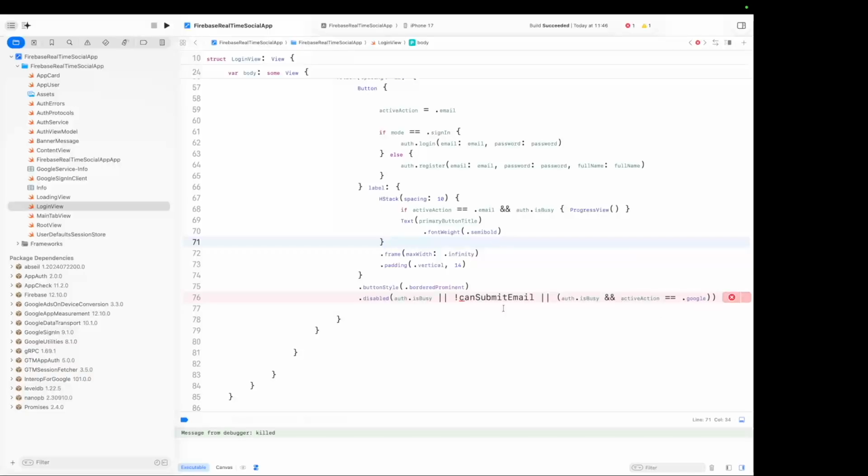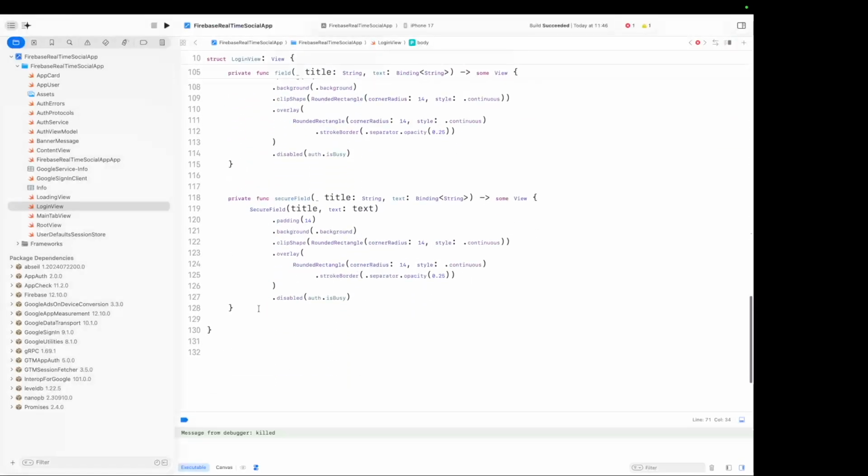And then we're missing a function called can submit email, which we need to implement. Private var can submit. As you can see, this is a computed property and not a function. That was my mistake. Can submit email